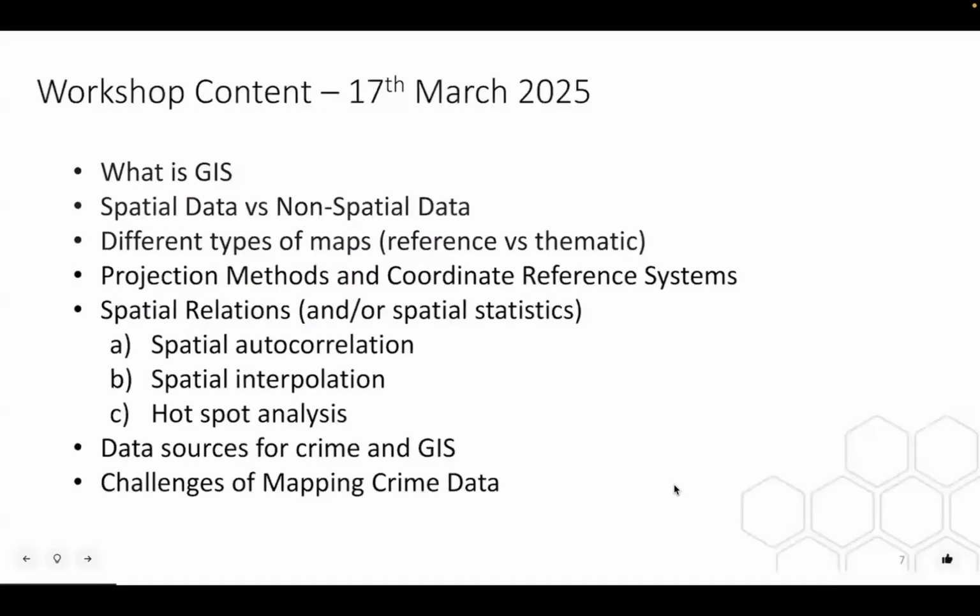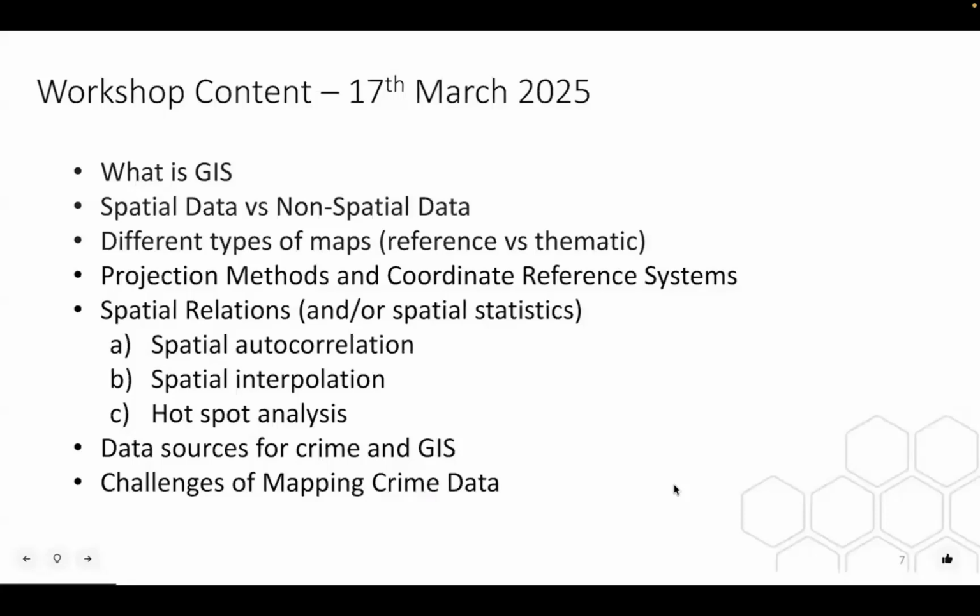Today we'll be discussing what is GIS. We'll then move on to look at the differences between spatial data versus non-spatial data. We'll look at different types of maps, including reference and thematic. We then move on to discuss projection methods and coordinate reference systems and how we move from the 3D to the 2D. And we'll also be looking at some spatial relations or analysis, covering autocorrelation, interpolation, and hotspot analysis. I'll then also go on to discuss some data sources for crime and the challenges that come with mapping crime